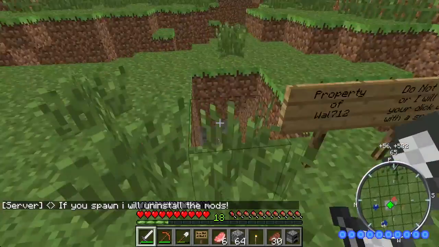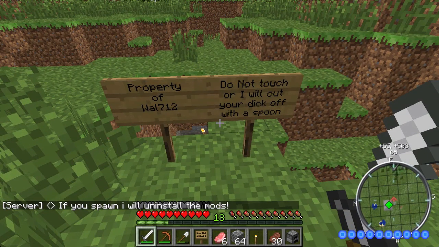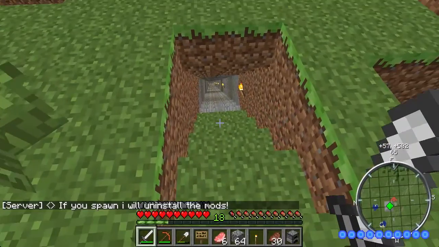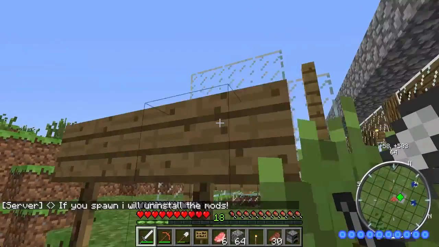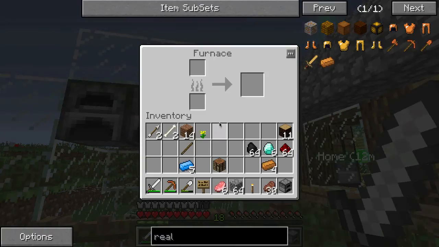He actually has some cool stuff down here, and yeah, there's that. This is my crappy mineshaft. I was too lazy to do that. I wonder if I can steal anything from here. No, okay. Anyway,